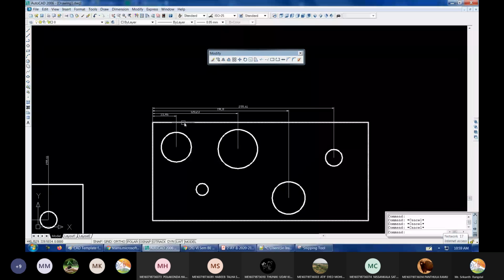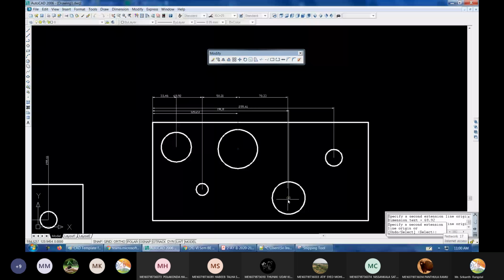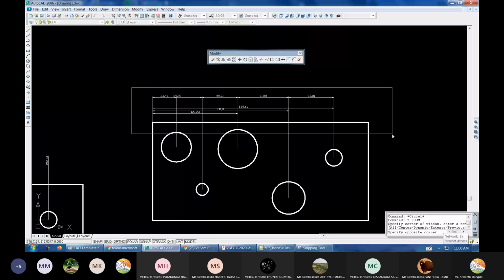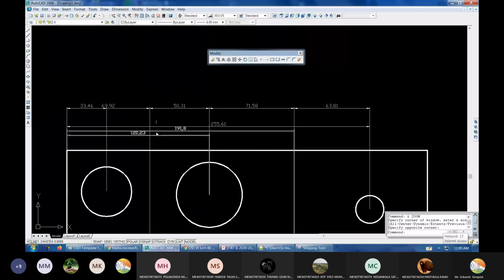Baseline dimensioning. So now there is another type of dimensioning called continue. What the continue does is you have to select some point, and now what's happening? What is the difference between these two? This bottom one is the baseline dimensioning, whereas the top one is continue dimensioning.